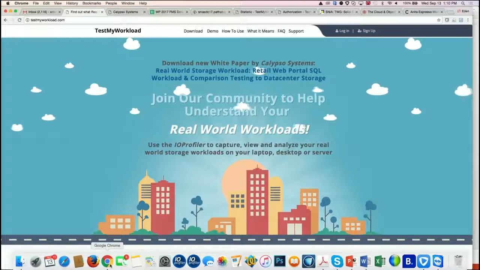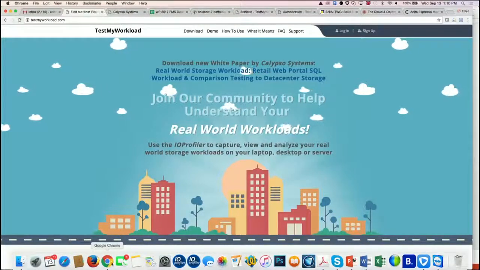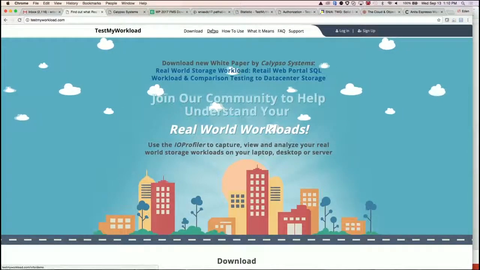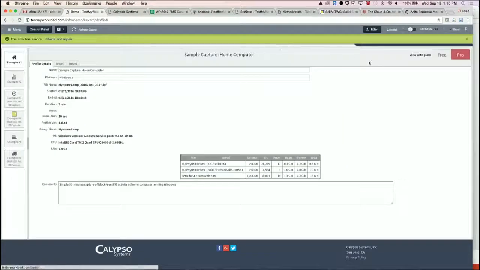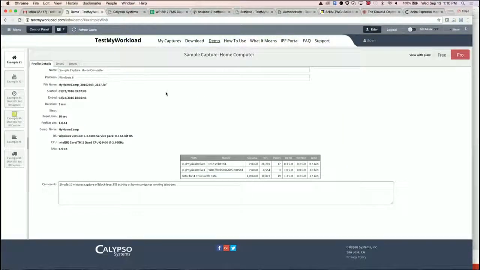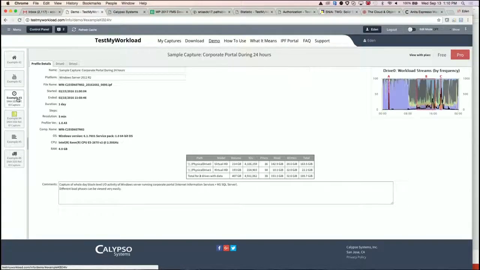Any other questions? So while you're at the site, if you go to demo right here, you can see there's like 6 workloads up here. I don't know if you can see it, but down the side here, example 1, 2, 3, 4, 5, 6. Example 3, 4, and 6 say SNIA SSI reference IO capture. Okay? And then if you click one of them, like number 3, which is the one we're going to talk about,